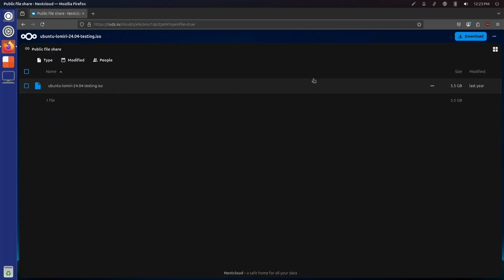This might be unstable. We'll see how this goes. But we can put the install disk there. And we're just gonna download this. So yeah, while that's downloading, I'm gonna let you know about the history here.